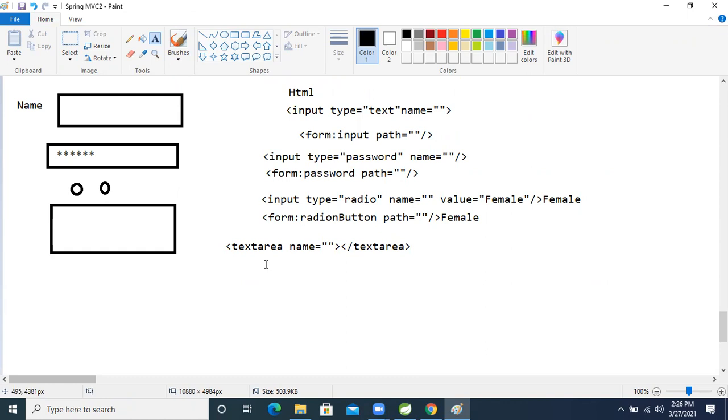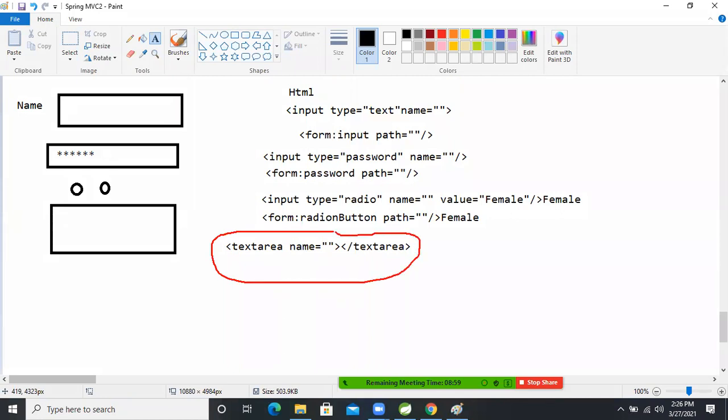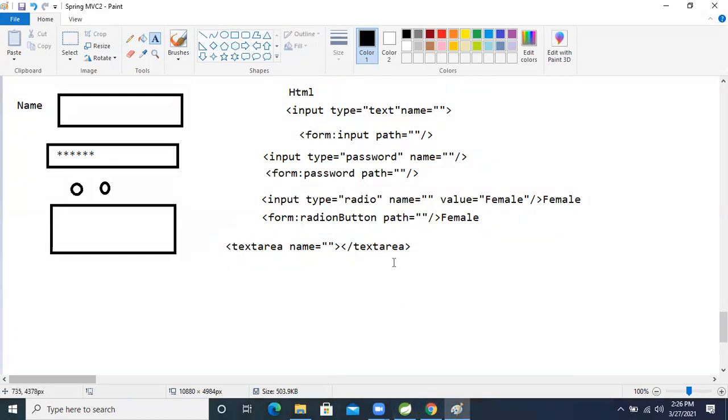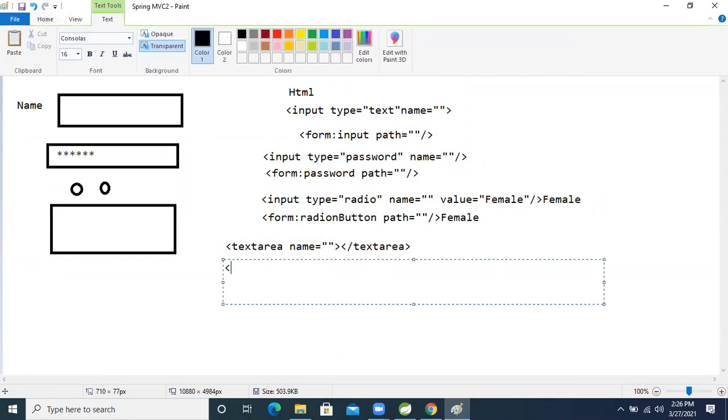So for the text area, this is our HTML style. Whenever we write the form, in the form we use this input. This is the style of our Spring HTML. But using STL, the Spring Form Tag Library, how do we write that? See that. We give the prefix, form colon. Don't worry, I will take you through it slowly.